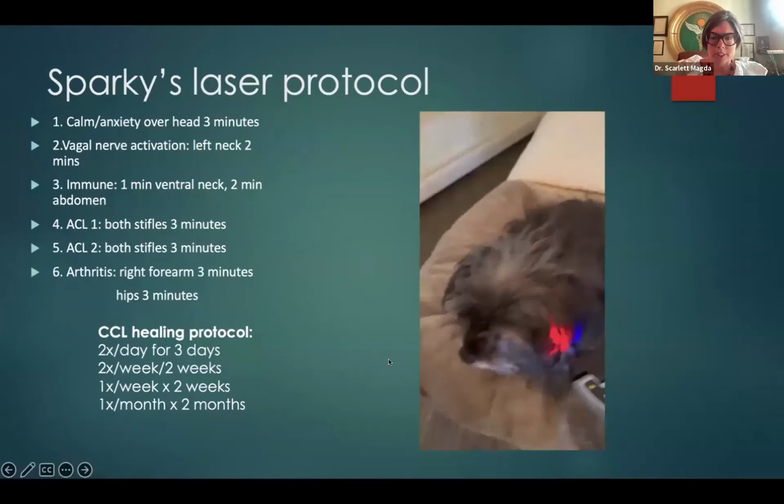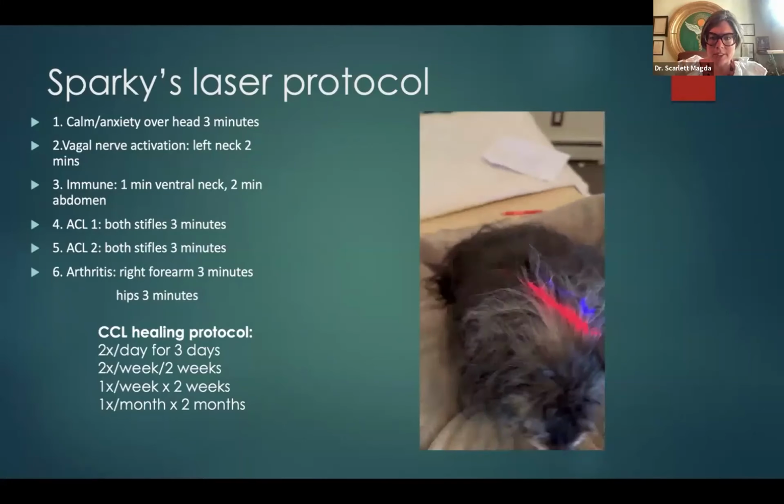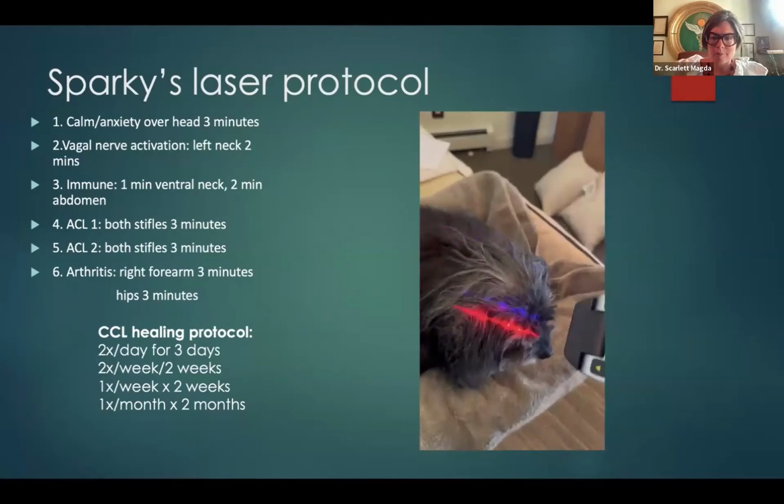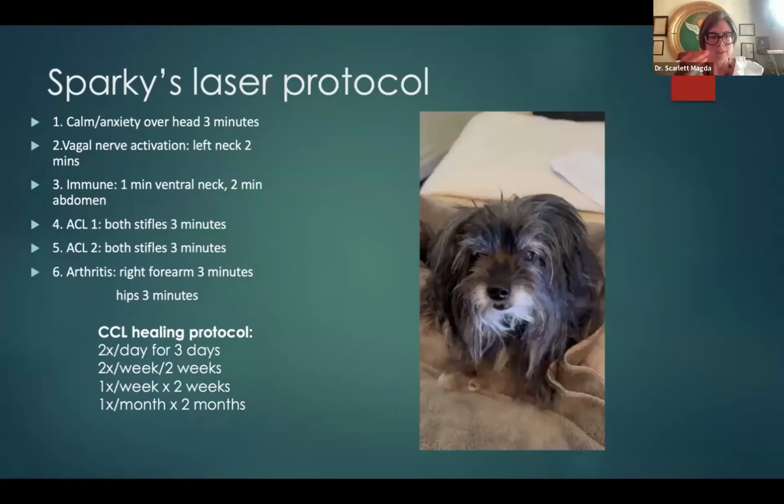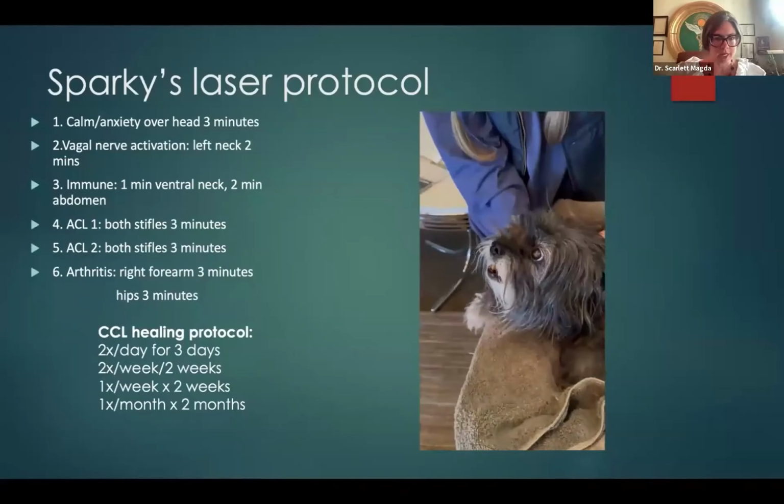And now, just like you can see, his eyes are connecting, and I've actually treated a few eyes with the laser. In my previous presentation, I had a cat with a pretty severe third eyelid laceration, and that healed with 3 laser sessions. And any kind of periocular swelling, laser is great for that.